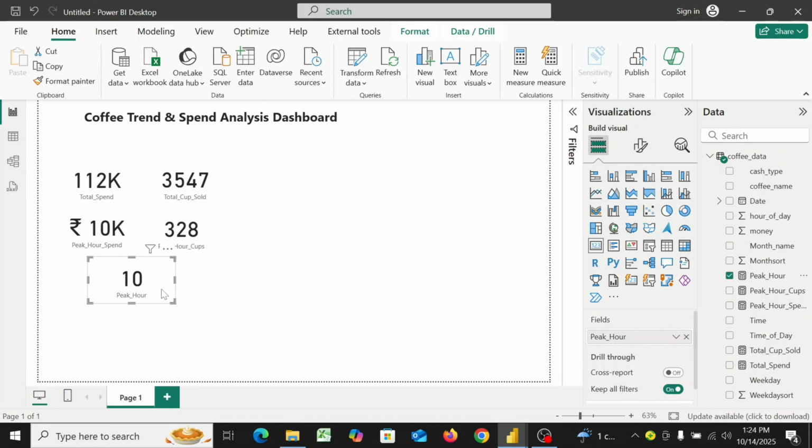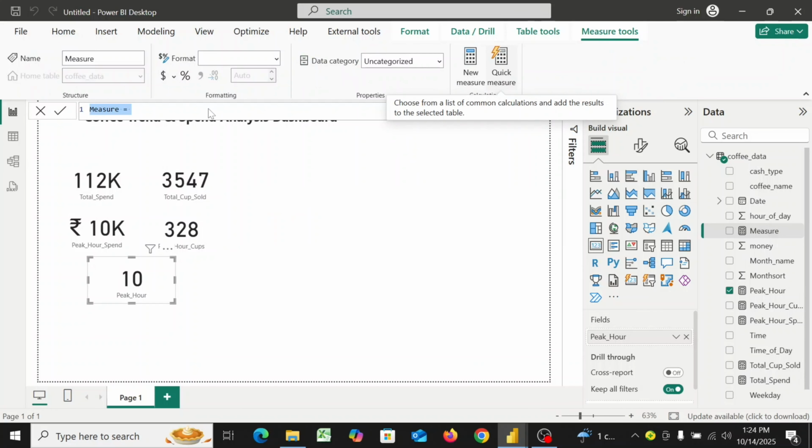To convert the time format, create another measure, peak hour label. Peak hour label equals,